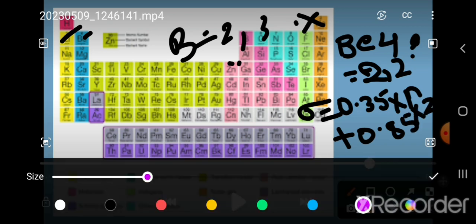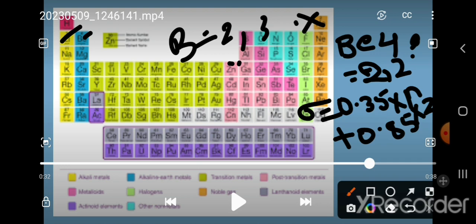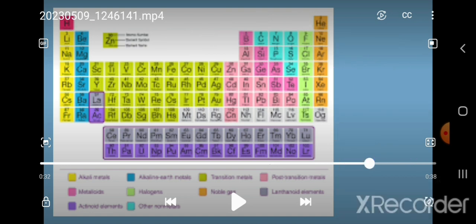Correct? Now after calculating, we will get the value of 2.40. So for beryllium, the screening constant will be 2.40. And try for me, for you all,